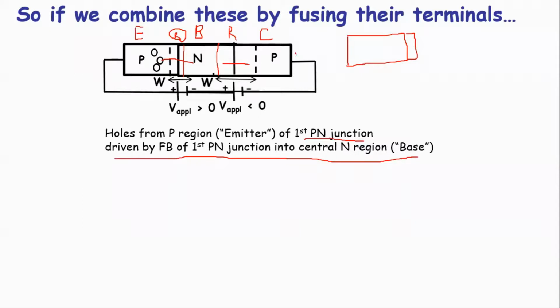Now you have this junction reverse biased, so negative potential is there, and it will attract all the holes towards the collector. Whatever you have emitted from here, suppose you have emitted 100 and recombination in the base is 2, then 98 will reach the collector. So very little recombination happens at the base.